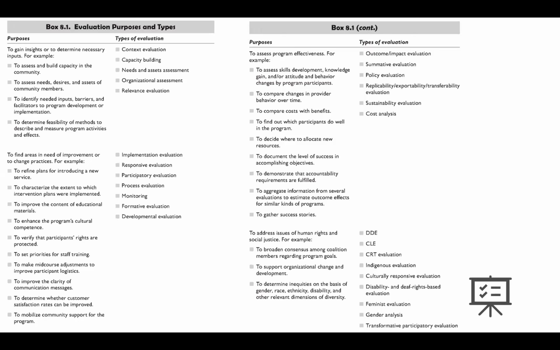I had already shared the three big definitions of formative, summative, and participatory, but this somewhat overwhelming slide is just to remind you that there are a whole host of other types of evaluation that are out there. Not all of them are focused on outcomes, so it's important to remember that while we're focused on outcomes today, there are other types of evaluation, such as context evaluation, needs assessment, implementation evaluation, which don't technically get at outcomes, but if they're the right type of evaluation for your program in its context at this given point in time,